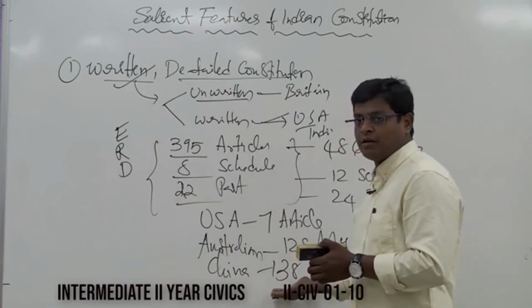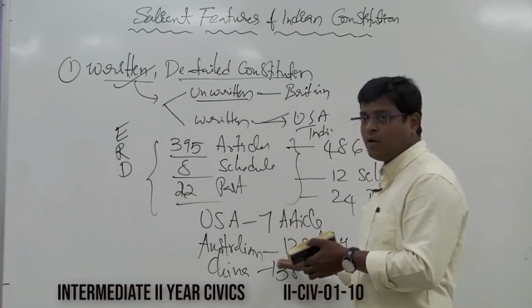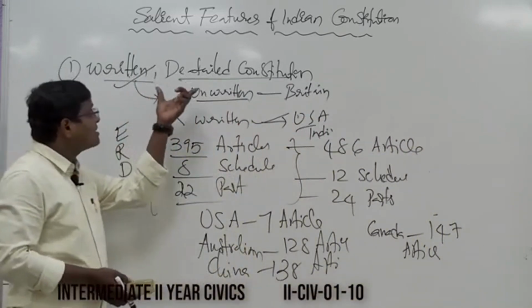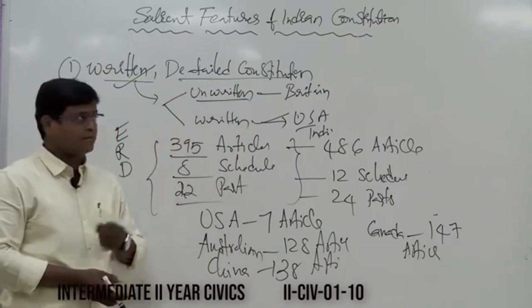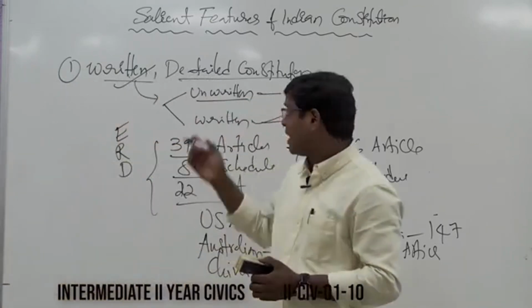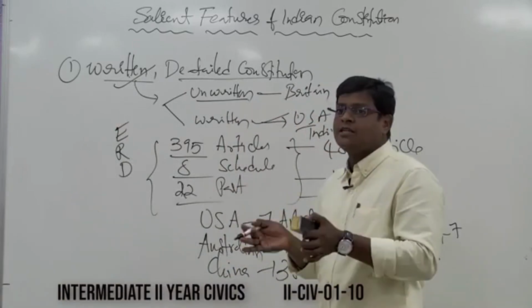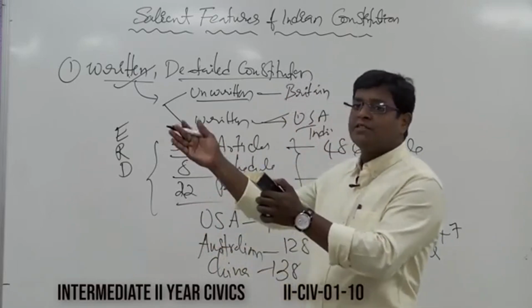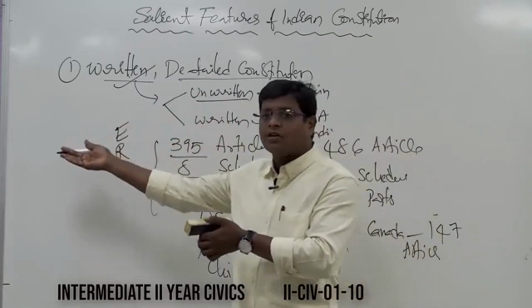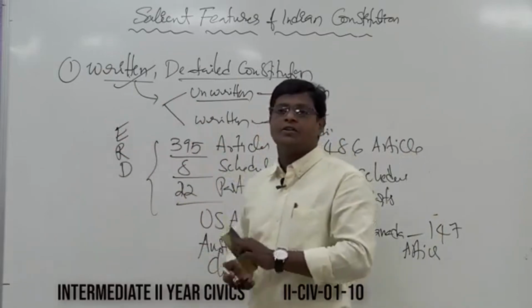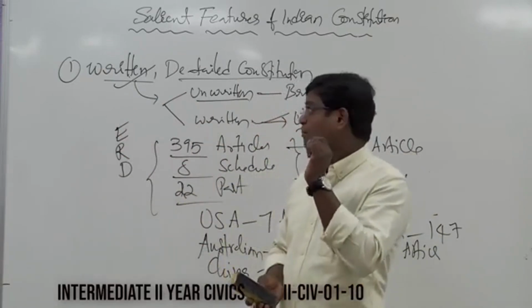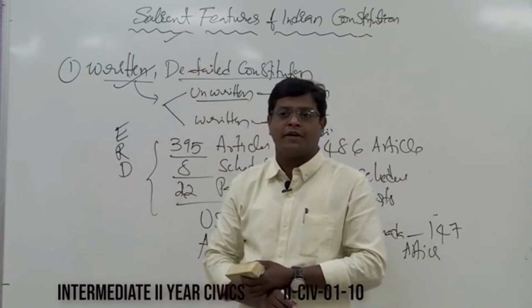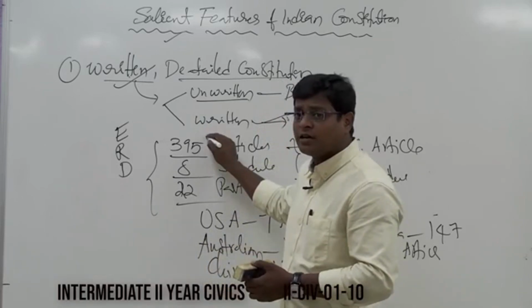This is the picture. So is it yes or no? This is considered the first salient feature of the Indian constitution. So what is meant by a salient feature? The feature which is enjoyed by the Indian constitution alone, because there are some features enjoyed by other constitutions. Here our constitution enjoys some specific, peculiar features. They are called salient features, the basic features of the Indian constitution. Clear, I thought, all of you.